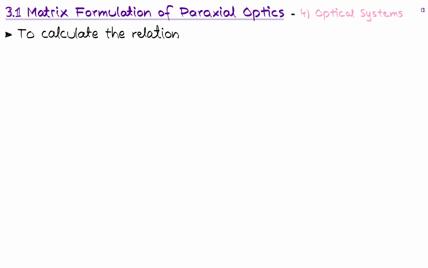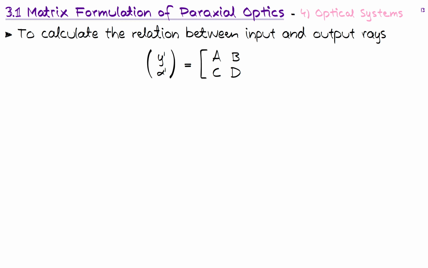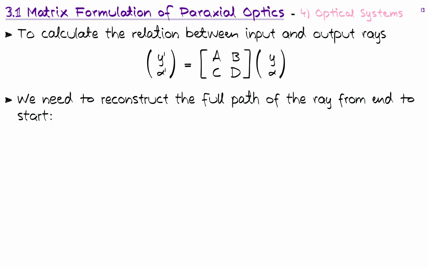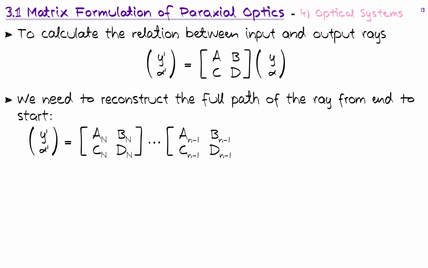Let's now go through the actual math, how these matrices are being calculated, so that you can really believe that this approach works. So let's calculate the relation between the input and output rays using this ABCD matrix formalism. We have an input vector, we multiply that with the ABCD matrix of our system, and we get an output vector, the primed variable vector. So we need to reconstruct the full path of the ray from end to start. Essentially, we just plug in all the matrices of the components we have in line within our optical system,